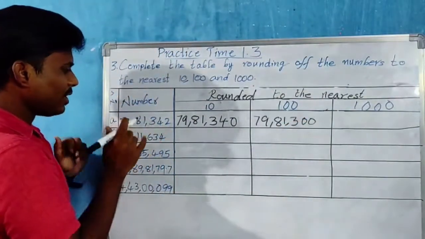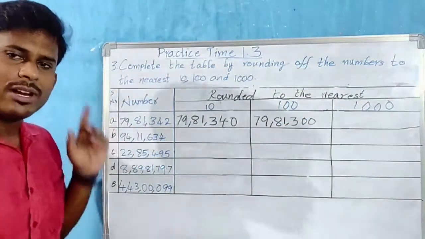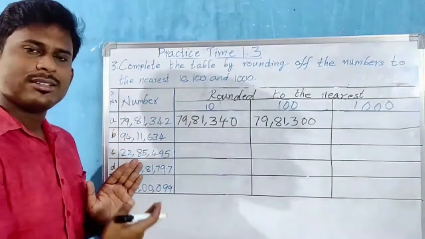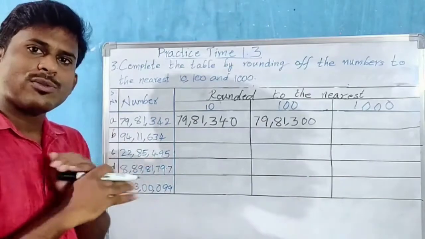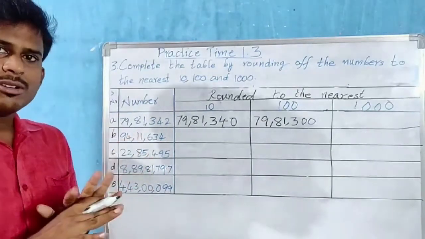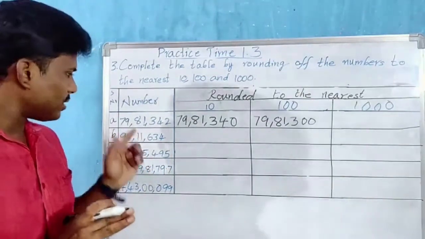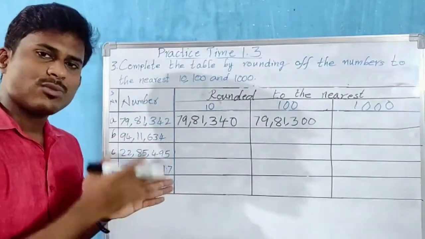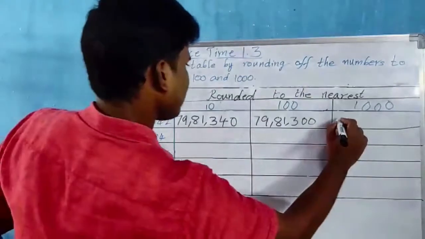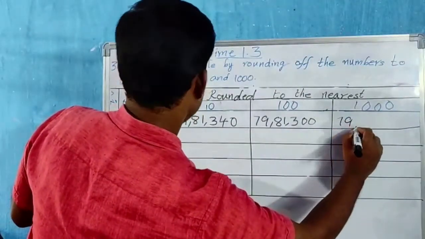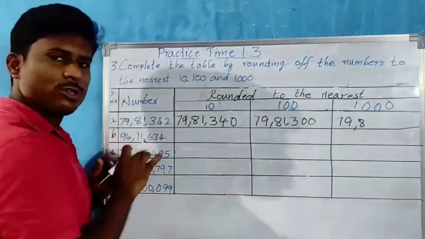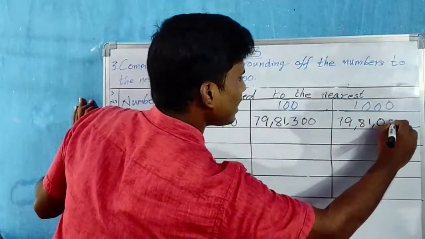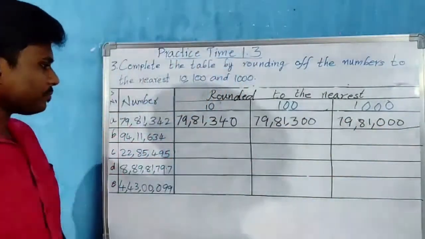Now if you go for the thousands place, 1 is our rounding digit. Immediate right side is 3. So 1 to 4, slide on the floor. We did not add any digit to this number because on the immediate right side we have a digit from 1 to 4 only. So on the left side first let us write 7, 9, 8. I am writing the same, and the remaining right side digits are zeros.